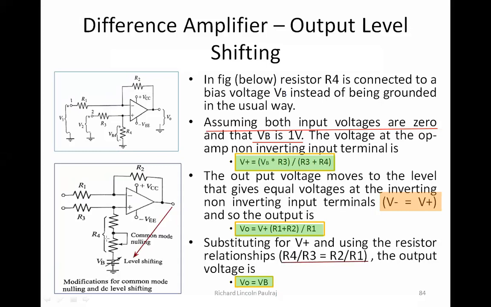If the value of this ratio R4 by R3 is less, then I can probably increase it. If it is more, then I can decrease it, right? So ultimately my idea here is to have a proper resistor ratio and to make sure that my output is equal to bias voltage. So if I give 2 volts here, my V naught is also going to be 2 volts, right? So I want to have control on how much voltage I need across my output. Any doubts here?